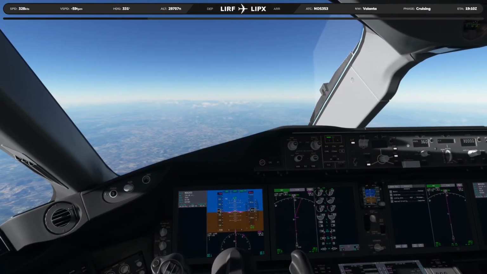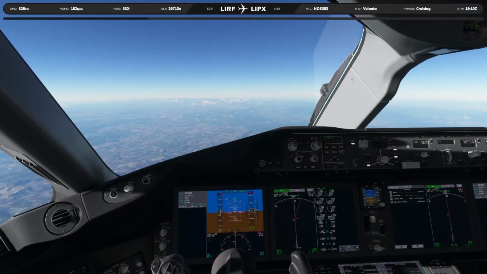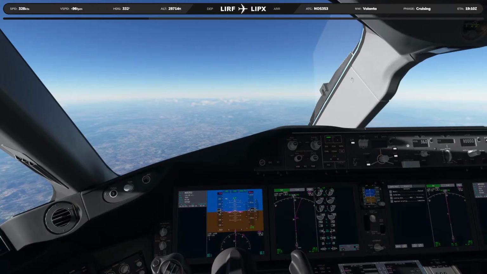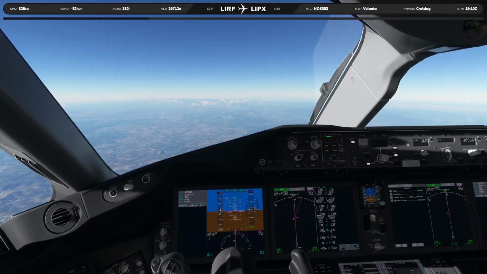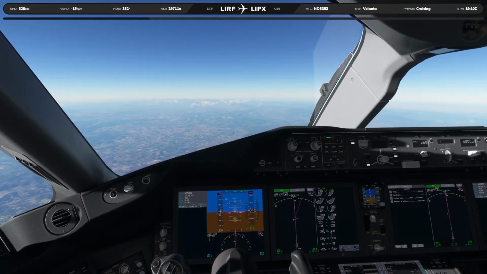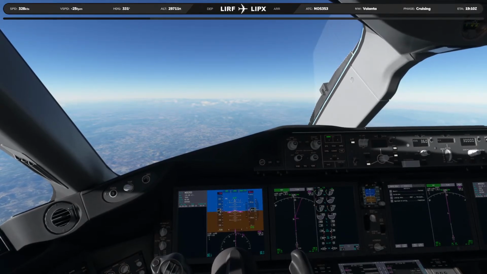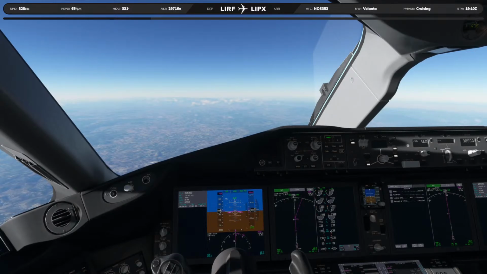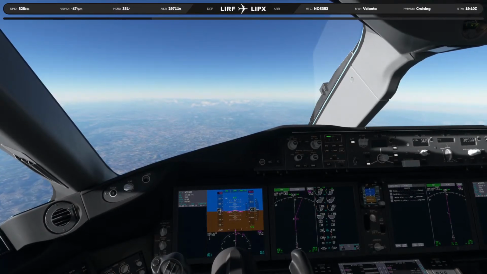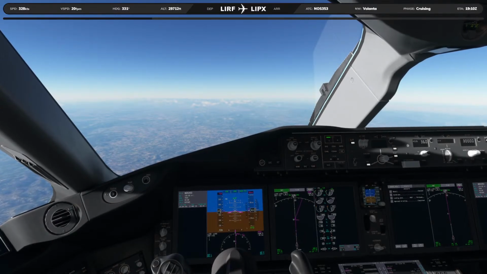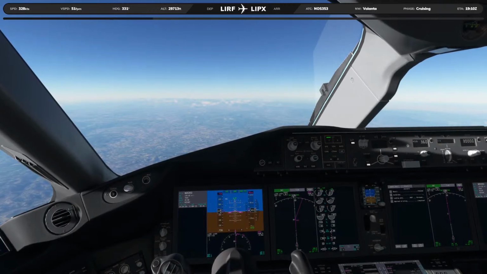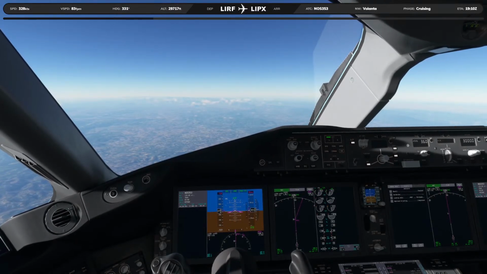The simulation of the aircraft systems, the performance, the fuel economy, the electrical system. The Cirrus SR-22 is all about the fuel flow, cylinder head temperature, and how you manage the fuel flow, EGT and CHT. EGT being the exhaust gas temperature, and CHT is the cylinder head temperature. And the aircraft management is all about that.